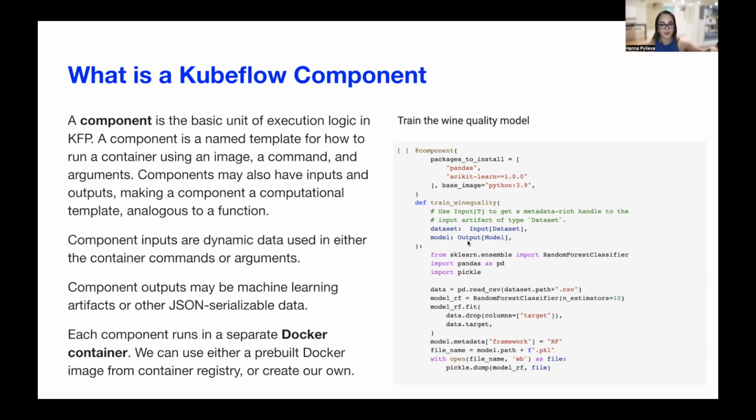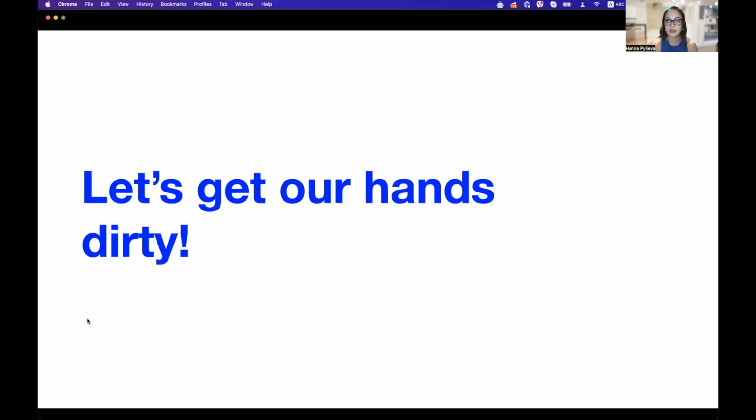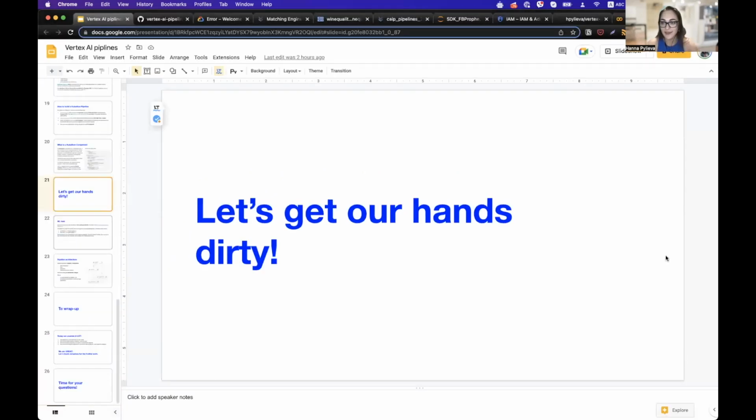doesn't have anything except for Python and scikit-learn 1.0. And we have also some input parameters. We have data. We will talk about it in a minute. Our hands dirty, and we are moving to our